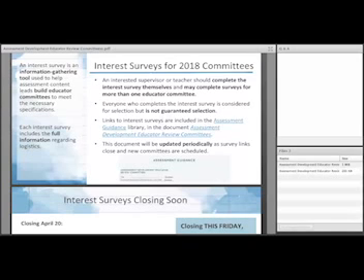And so teachers and supervisors who are interested would complete the survey. You can complete as many as you'd like across content areas. We have some elementary teachers who feel comfortable doing both ELA and social studies, so they have completed interest surveys for both of those courses, and that's great. That certainly helps us in flexibility in designing the committee makeup.